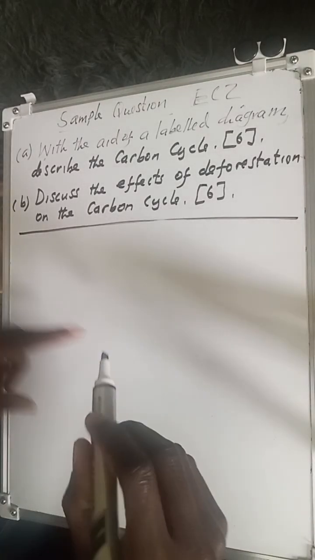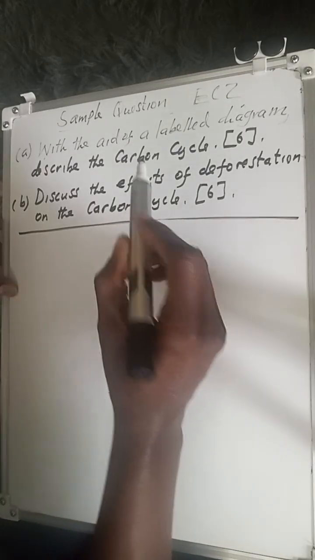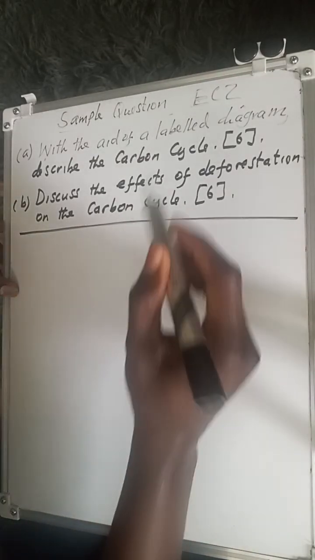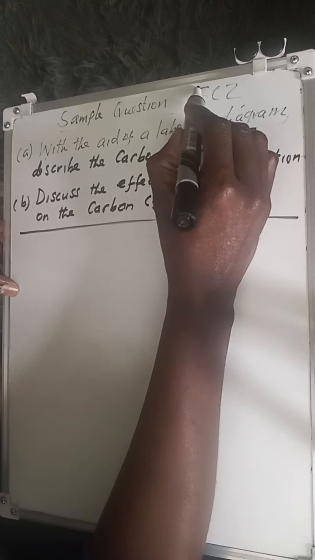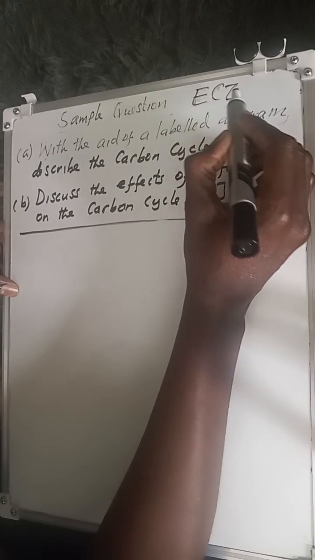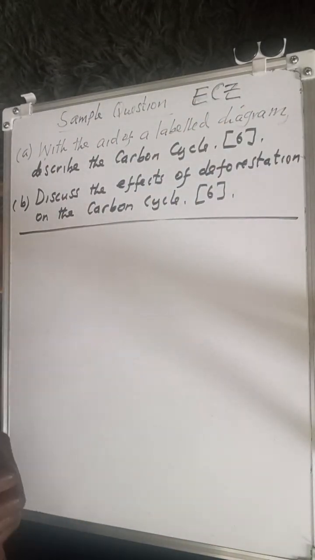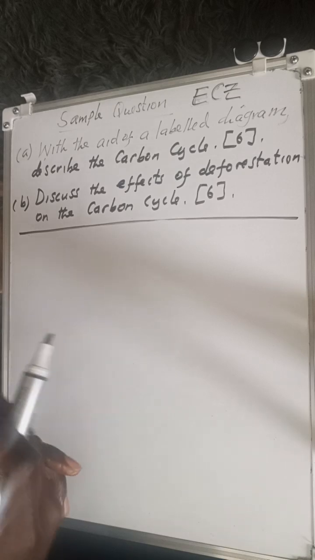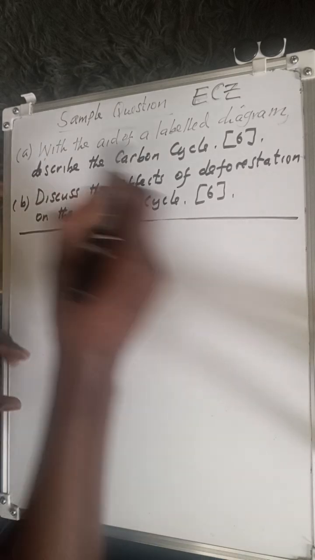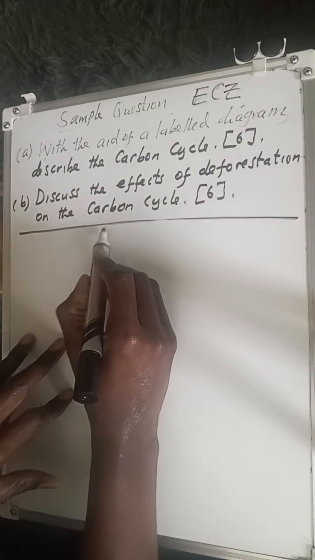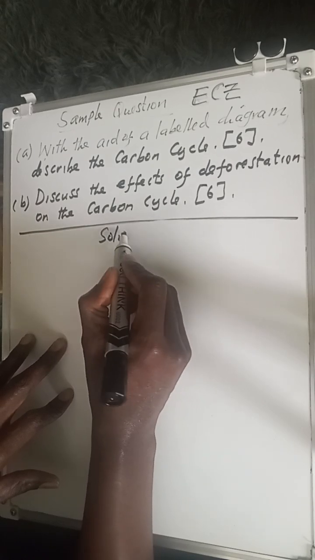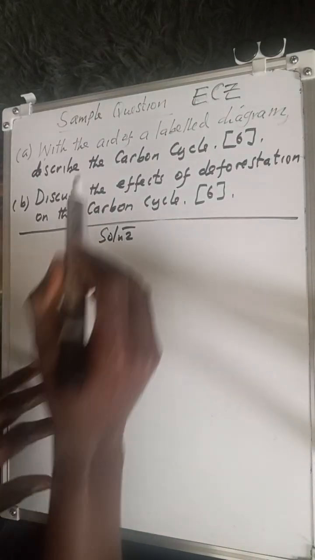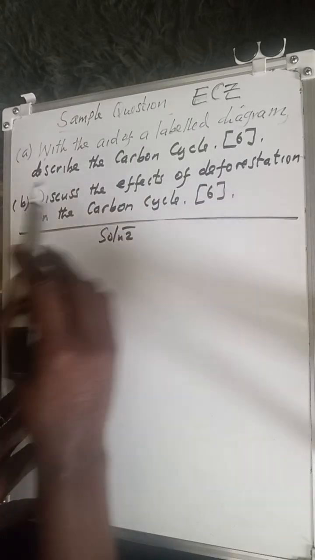Welcome to another segment of my biology videos as we continue looking at the nutrient cycles. So I want to show you how you can answer a sample question on the nutrient cycle that we talked about, the carbon cycle. So the first question there simply says that with the aid of a labelled diagram, describe